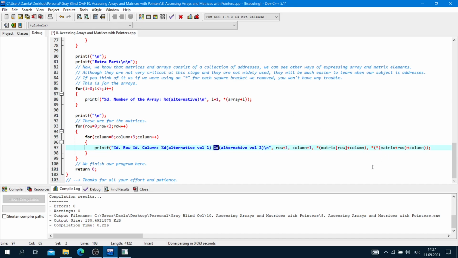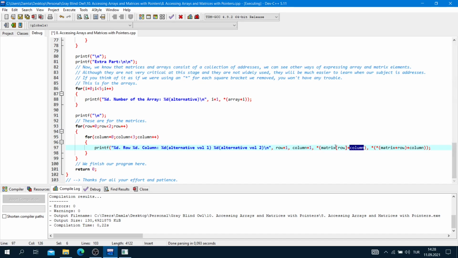If we remove the column's square brackets, we have to use star matrix square brackets row plus column index. This is the same as the array, but we have square brackets again because we have row in this situation, and we do not remove this, and star matrix row plus column.